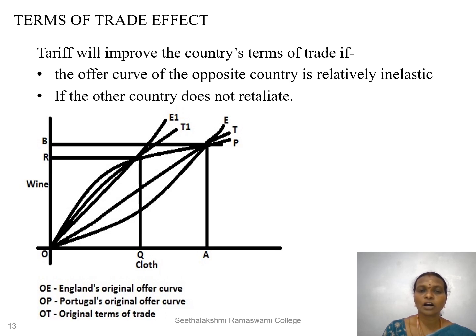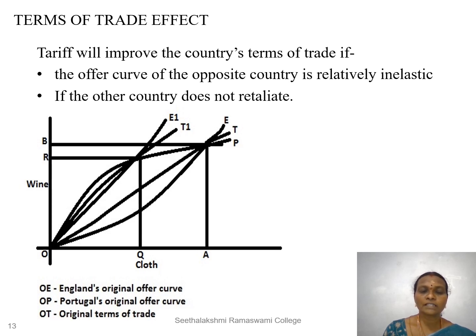So the new offer curve of England, the new terms of trade T1 and Portugal's original offer curve are intersecting at this point, and now Portugal is giving OR of wine and getting OQ of